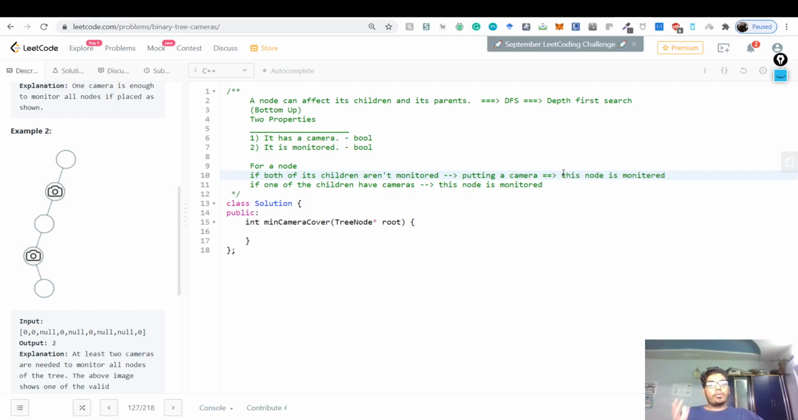So see, what did you do? If you are at a node, and both of the children are not monitored, you have to compulsorily put a camera there, because there is no option for the kids to get monitored. By doing that, you make the node monitored, and you also put a camera on that node, right? And when you come to a tree, and you have one node which has two children or one child, and one of them is actually monitored, then